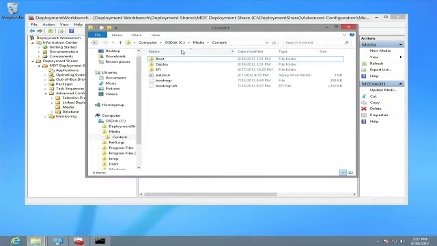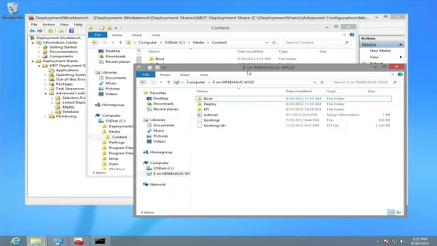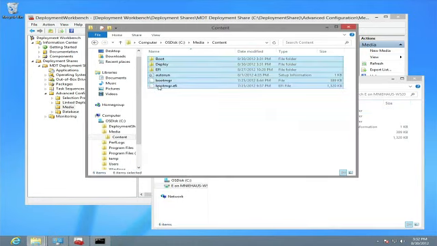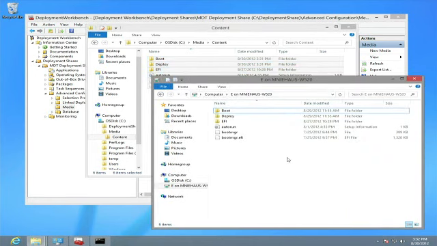and switch over to the hard drive on the system, where we can see on the C drive there is a media folder, which is the folder that I told it to create, and inside of that folder is a content folder that contains everything that we want to put on the USB key. So the next step after that would be to insert the USB key and format it, which we could do on any machine running Windows 7 or Server 2012 or newer, and then just copy all the content from one place to the other, which we could just do by drag and drop. In this case, I've already got all the content on this USB key, so it's ready to go,